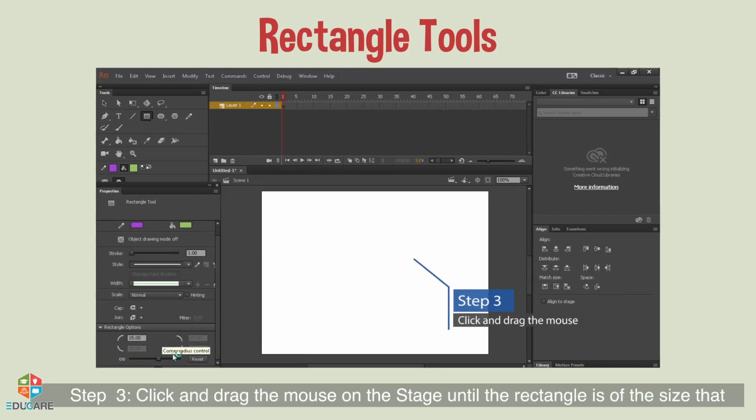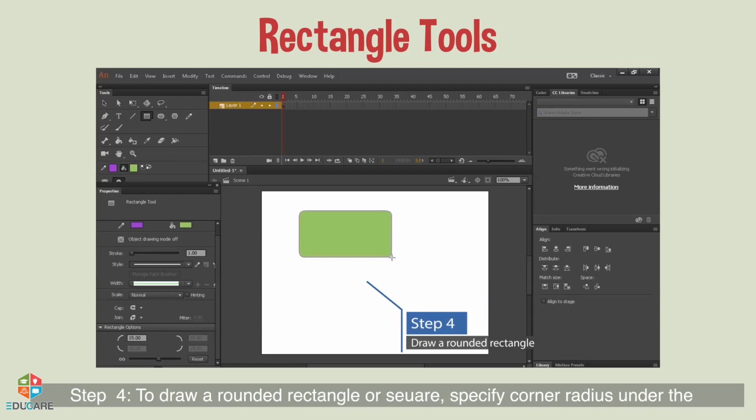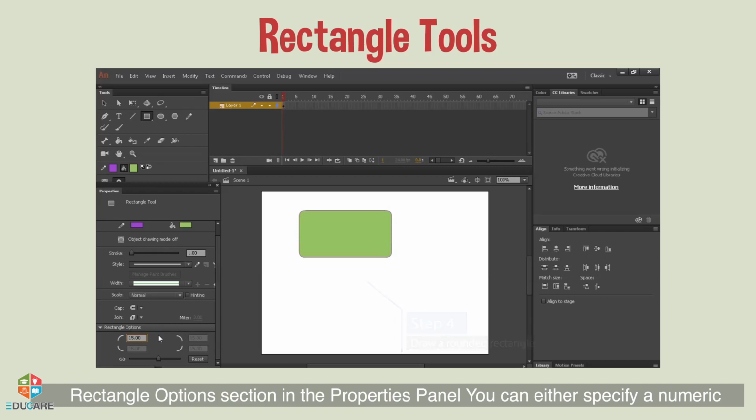Step 3. Click and drag the mouse on the stage until the rectangle is of the size that you want. To draw a square, press and hold down the Shift key while dragging. Step 4. To draw a rounded rectangle or square, specify corner radius under the Rectangle Options section in the Properties